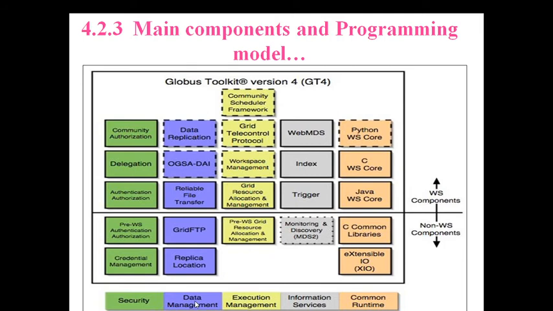Okay, in data management what does it maintain? Replication of your data, data access integration, reliability of your data, grid file transfer, local file transfer and replica location, where the replicas, the multiple copies, are stored. What is the use of these replicas, ma? Of course, it is going to waste some memory, but whenever your data has been lost, it is the one which will take care of your lost data, so that the reliability of the service is maintained throughout.